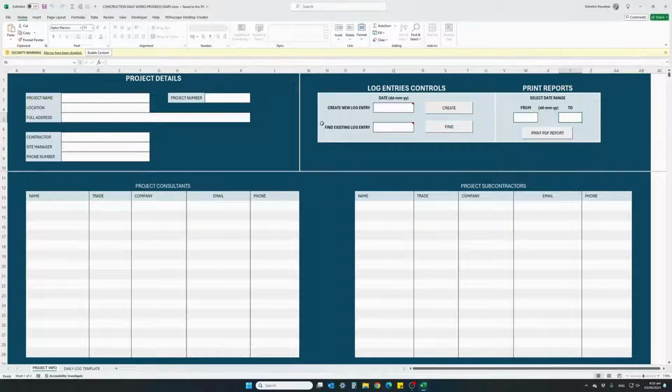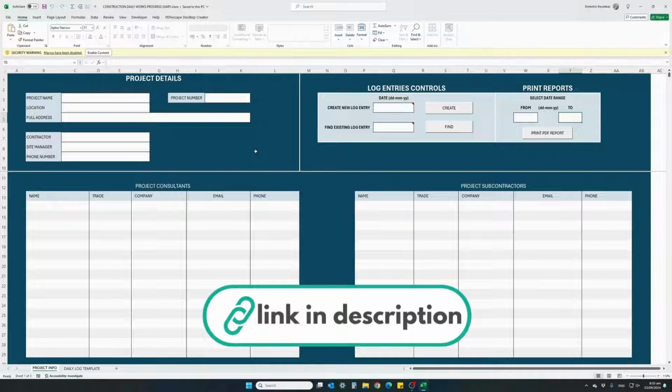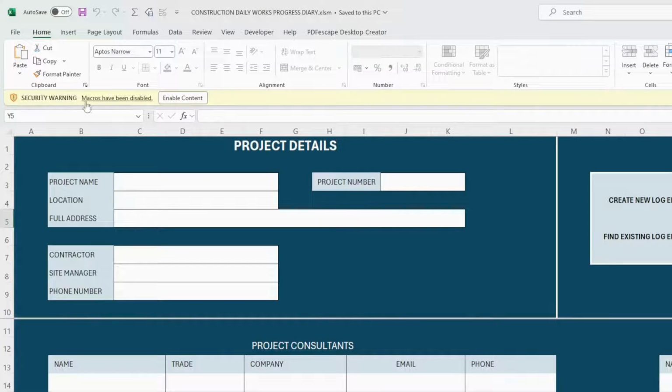So the first thing you will notice the very first time you open this Excel template is a little security warning at the top with yellow. What it says is basically this is nothing to worry about. What it says is that macros have been disabled, have not been enabled yet. What are macros? Macros are little subroutine programs that make this spreadsheet function properly, and